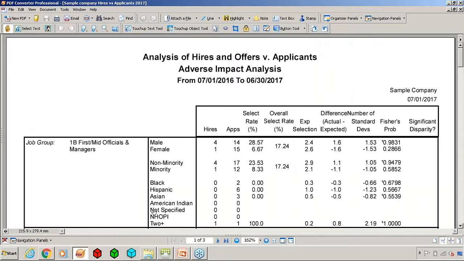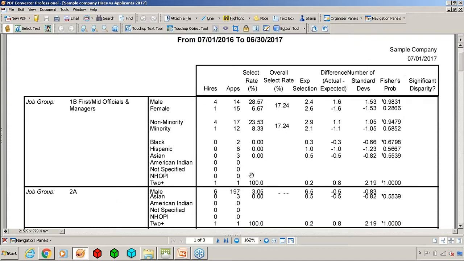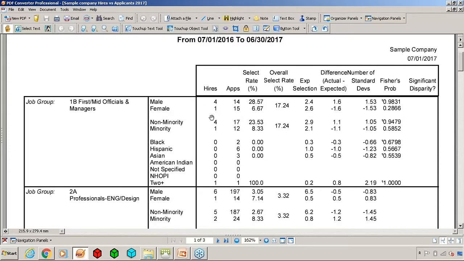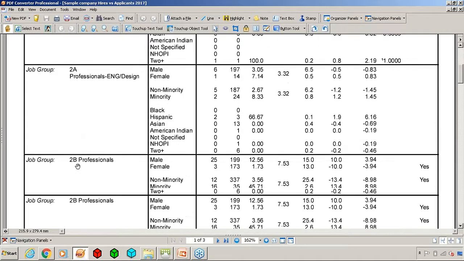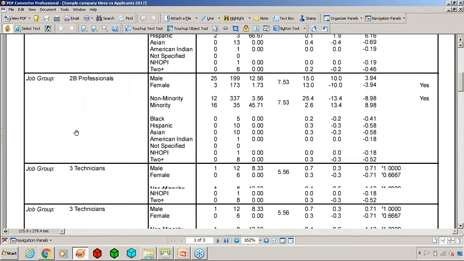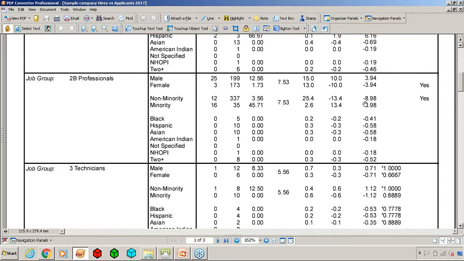This is an example of adverse impact analysis for hires versus offers, and this is July 1st, 2016 through June 30th, 2017. This is our sample company. You can see here that we have these done according to job groups. And then this one, job group 2B, professionals, we have adverse impact, or an indicator of significant disparity pointing towards